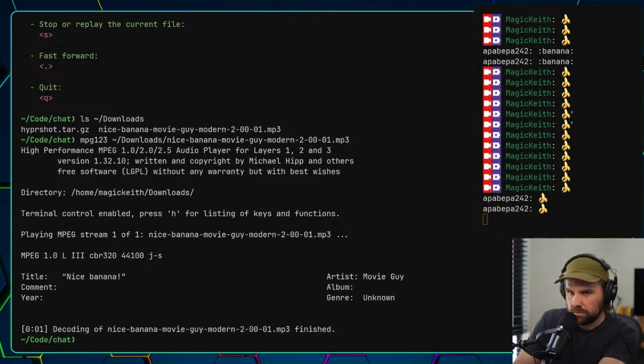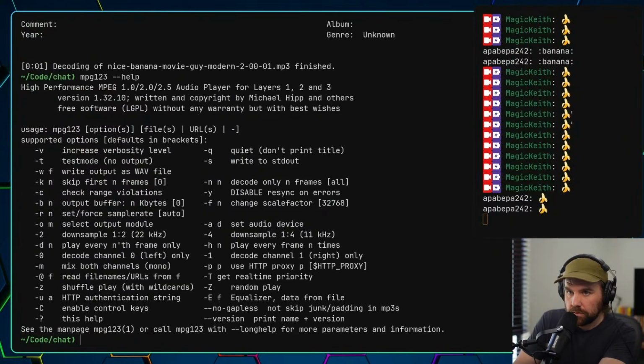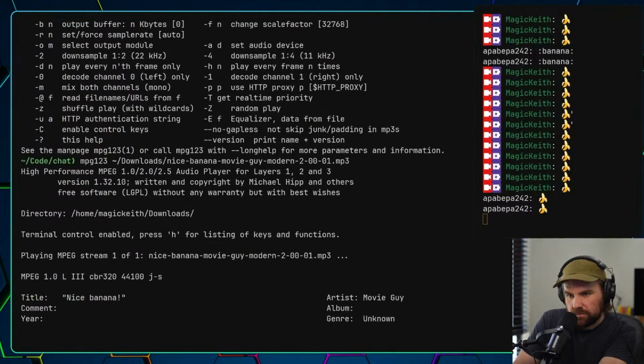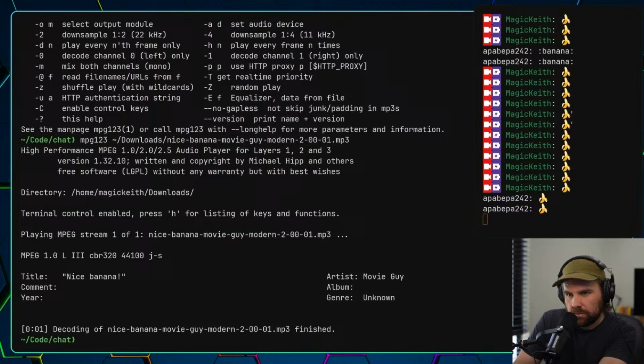Oh. That did not work at all. Why did that not work? mpg123. Let's try it again.